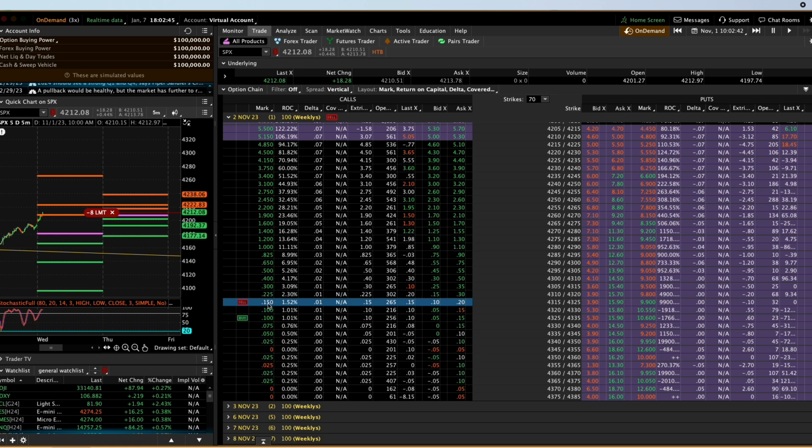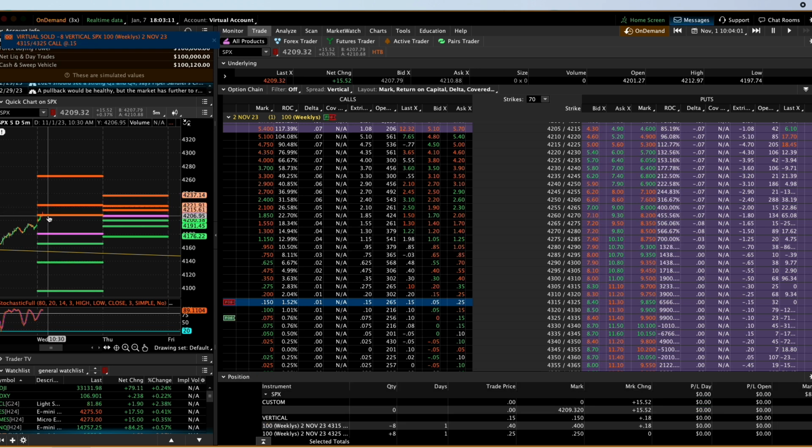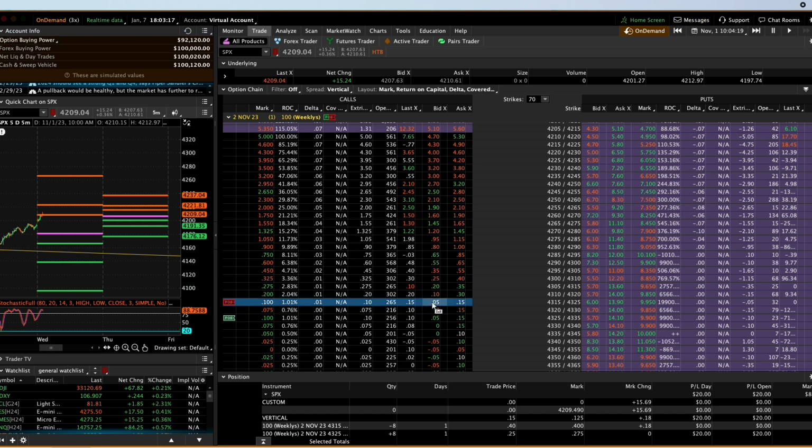Just because this says a specific number does not mean you're automatically going to get filled at that number. The market has to choose to fill you. If you want an automatic fill, you've got to go to the bid column and pop in that number. This is the mid number right here, between the bid and the ask. The market makers do not have to fill you at this particular number. Usually you get this number if the market is pressing towards your number, or if somebody puts in a market order on the other side, then you'll get filled. But other than that, it's a waiting game trying to get filled at this mid price right here.